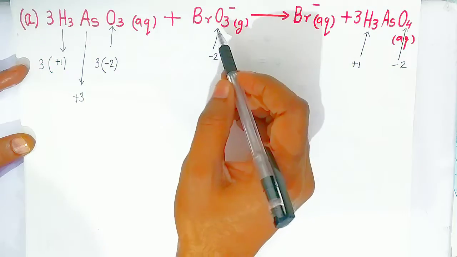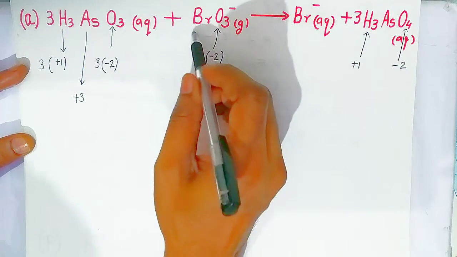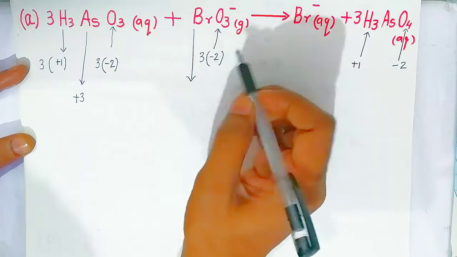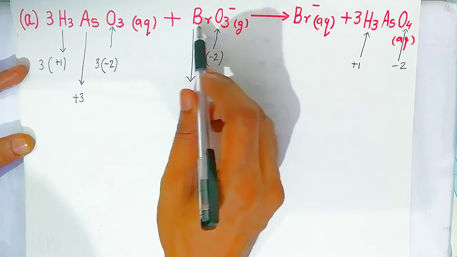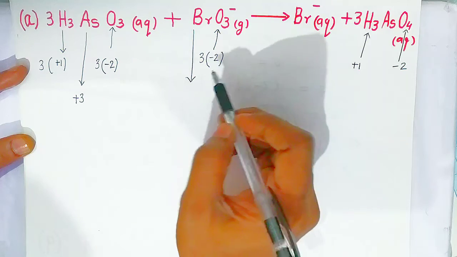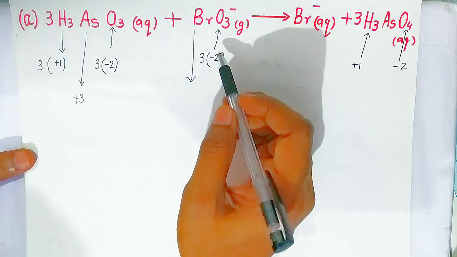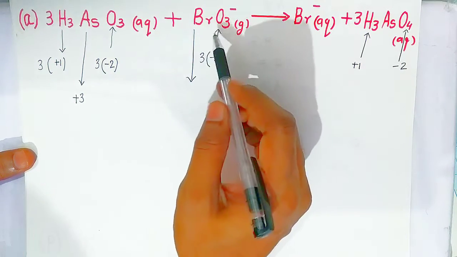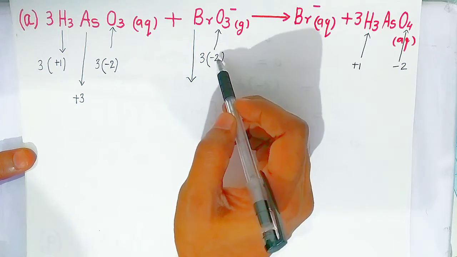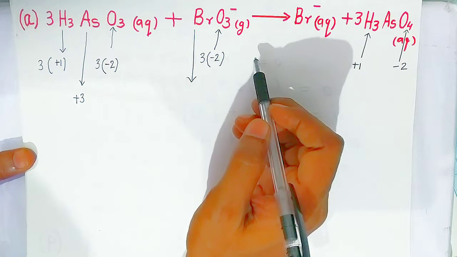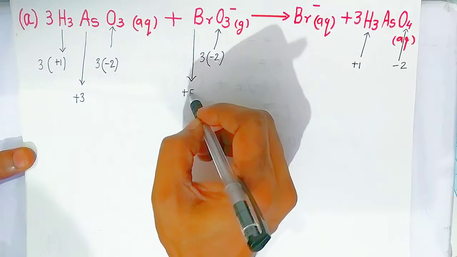Okay students, the same thing is happening here also. How many oxygen atoms are there? 3, so we have to multiply by 3. Now if you want to find the oxidation state of bromine, this molecule has charge -1, so the sum of the oxidation states of the atoms is equal to -1. You don't know the oxidation state of bromine, so we find it: it is equal to -1. So 3 times -2 is -6, and when it goes to the other side it becomes +6. -1 + 6 is +5. So +5 is the oxidation number of bromine.